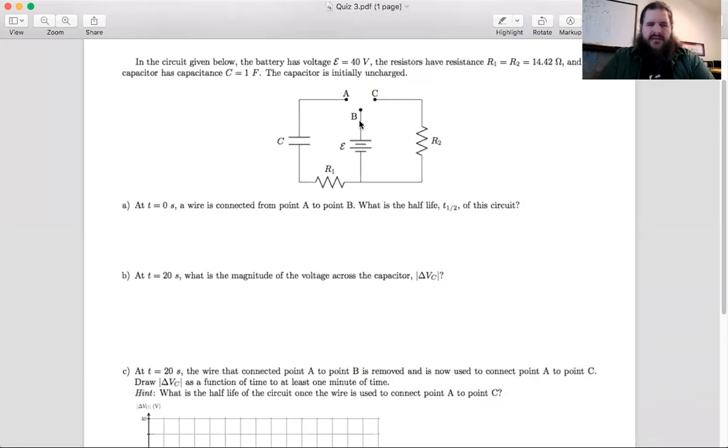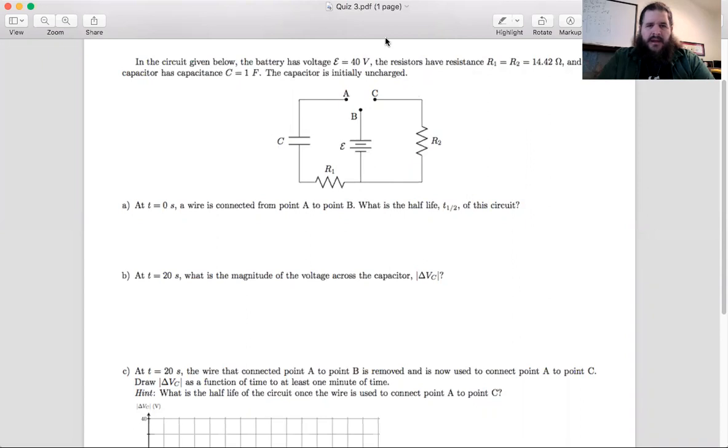Okay, so we've got this circuit here. We've got a battery, a capacitor, a couple of resistors, and this wiring set up here. It also tells us the voltage of the battery. Both of the resistances are the same, and we know the capacitance is 1 farad, and the capacitor is initially